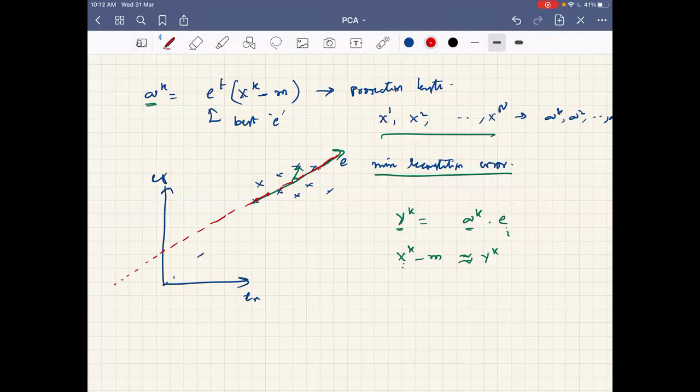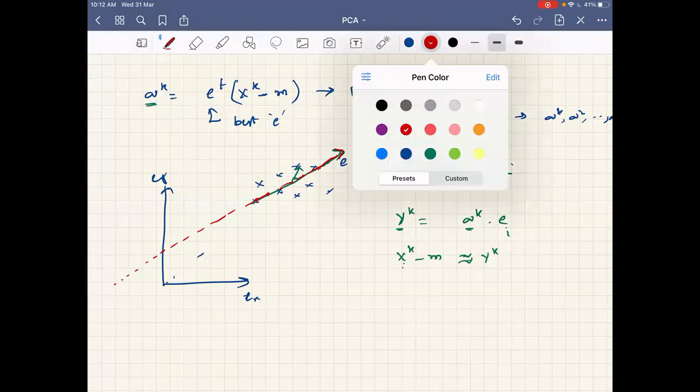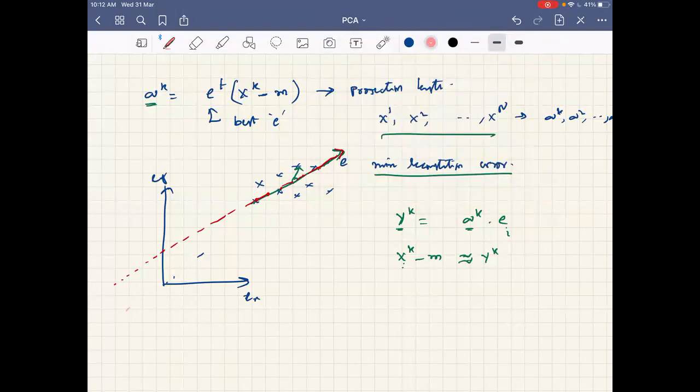This E, I just marked the direction of projection. This E need not necessarily be like this; it can also be like this. That means I can project all the samples on the same direction when it crosses through the origin. Then the projections will be like this. For the time being, I'm also assuming that the projections are all perpendicular projections.